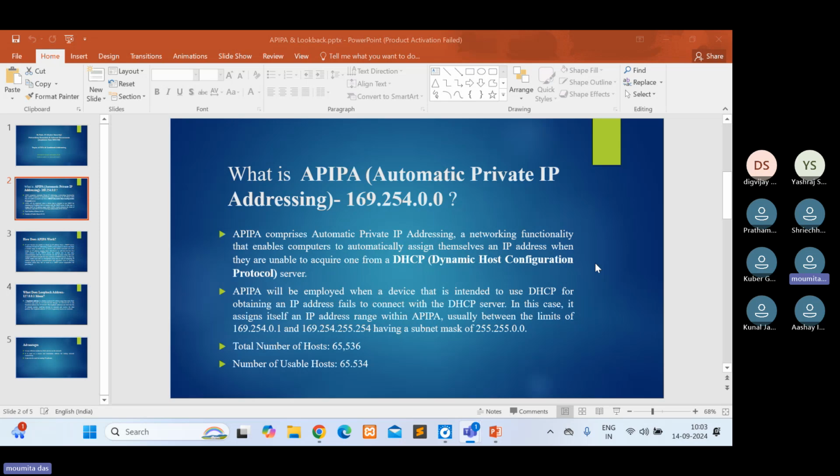The total number of hosts in automatic private IP addressing is 65,536, and the usable hosts are 65,534.